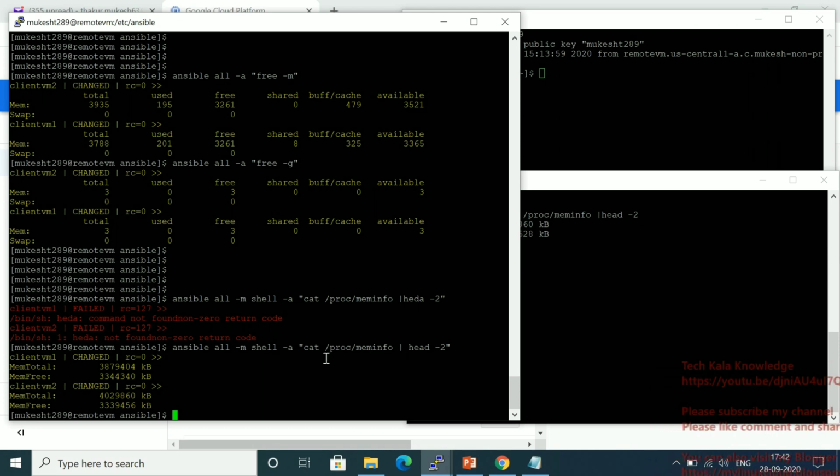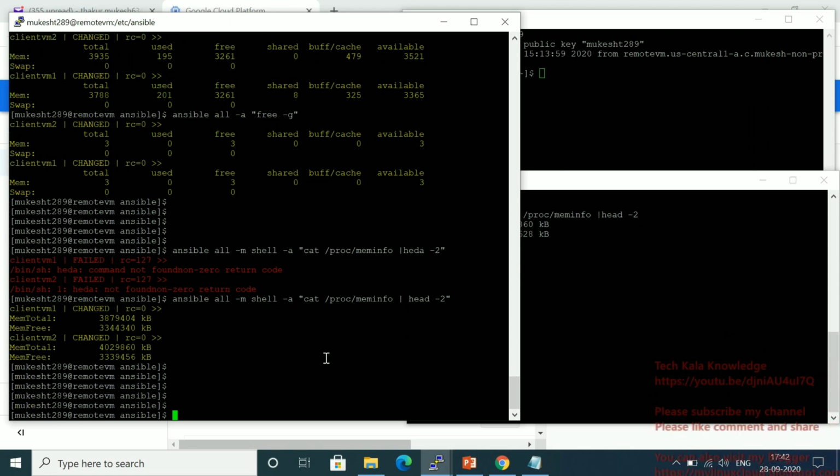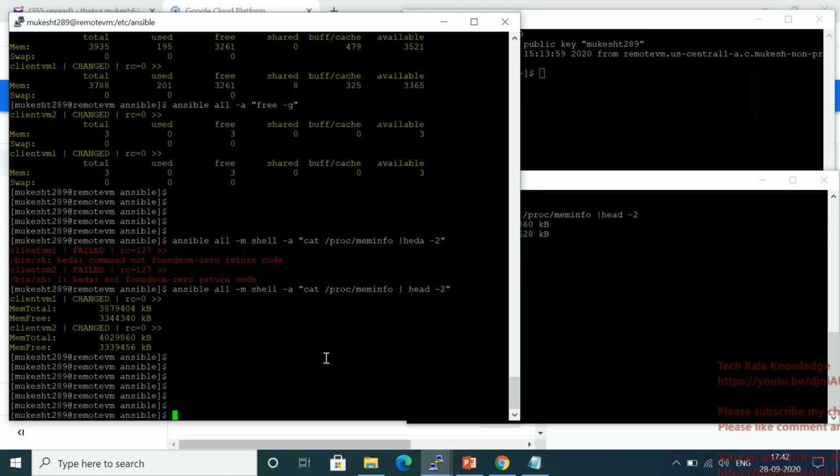Now suppose you want to check the df -h output on your client machine. Suppose you have multiple client machines, like 50 client machines, and you want to check all the machines' file system utilization. So what you have to do, you have to use df -h. Manually you have to log into all the machines, use that command, and then you get the output, right? But through Ansible, how will we get that output, also through the Ansible ad hoc command? I will show you how to do it.